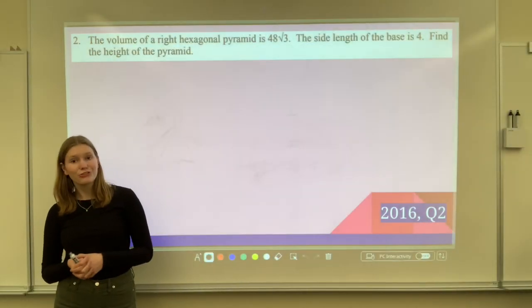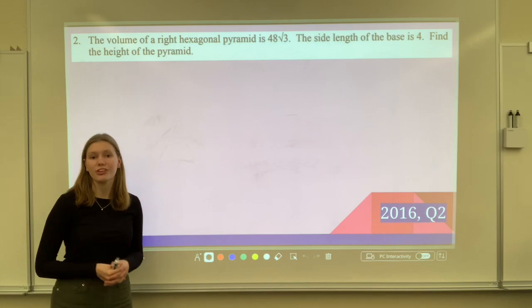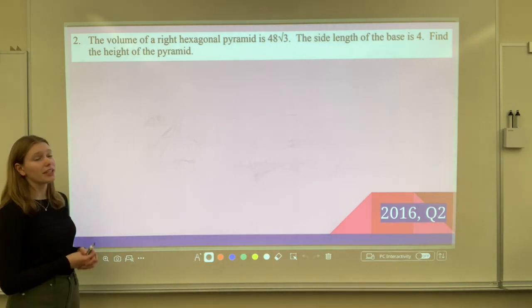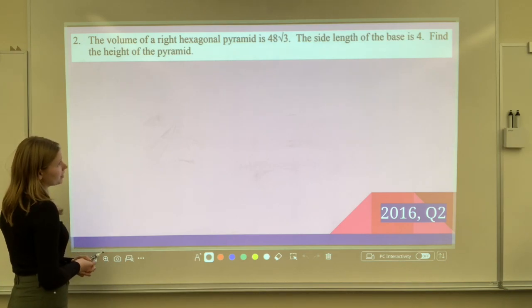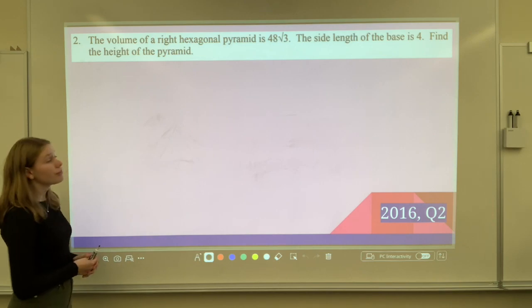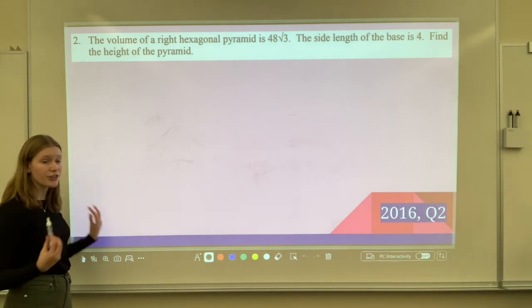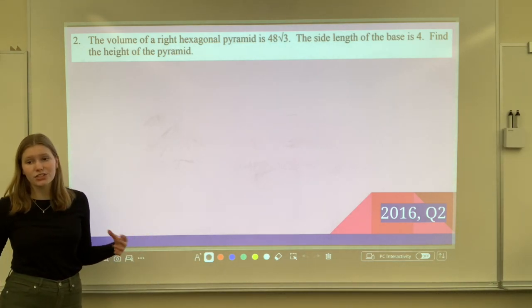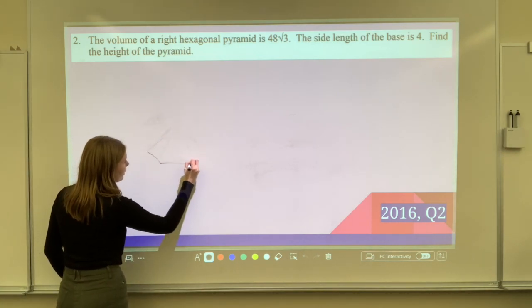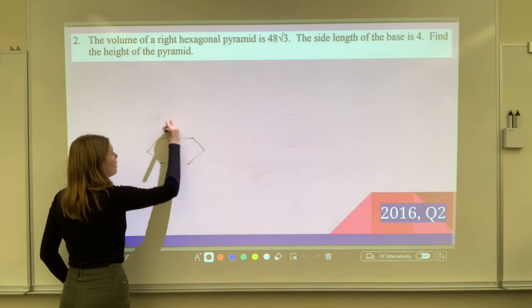Okay, here is our 4th and final 4-pointer of the video. The volume of a right hexagonal pyramid is 48 times the square root of 30. The side length of the base is 4. Find the height of the pyramid. Alright, first things first, I'm going to draw this so it's so much easier to visualize. So here's our hexagonal base,